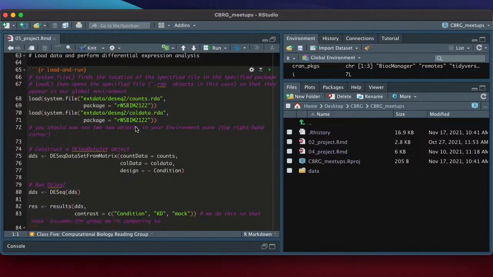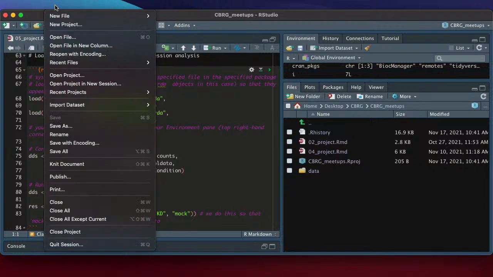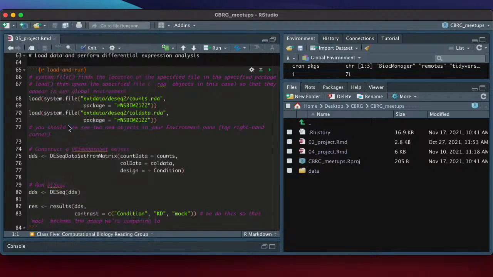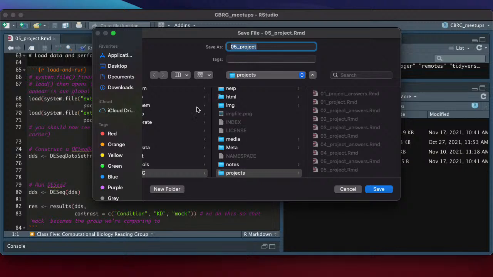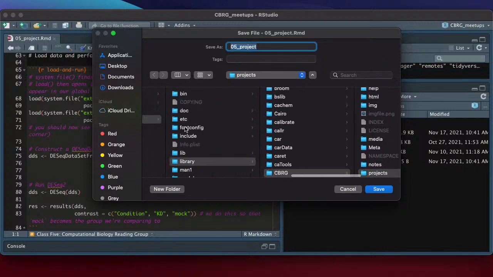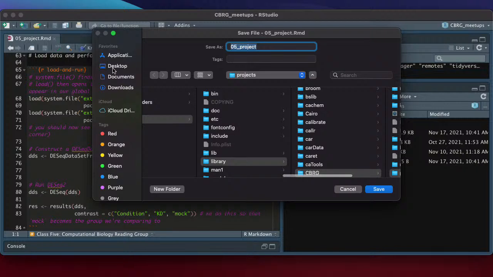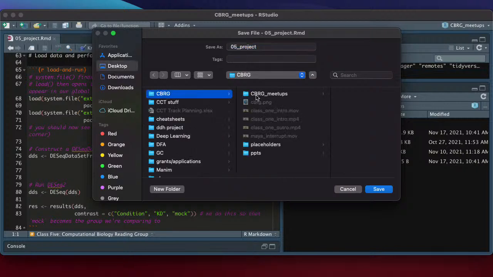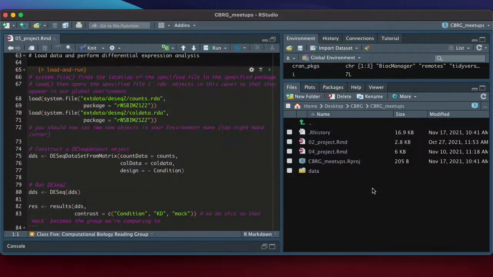One thing again that I did last week: if you want to annotate this R Markdown file, which I 100% recommend you do, you should first remember to save as in your project directory. That will be for me here. Is it okay to save it while it's still loading stuff?